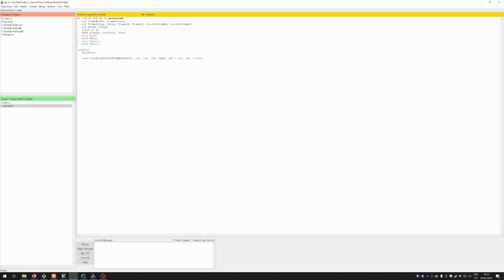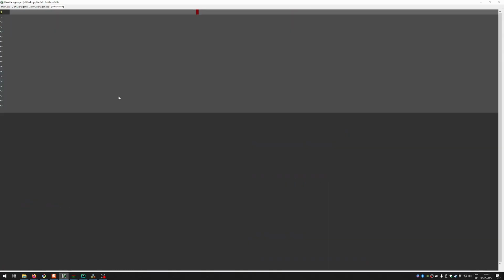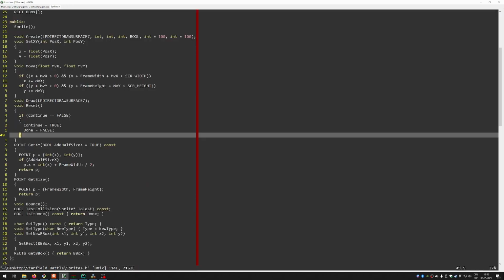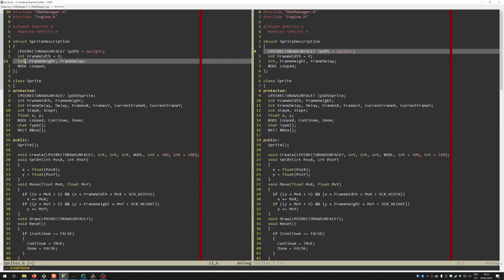And we just apply clang-tidy partially. Initialize members. Okay, and so now we want to deal with this one. This is in sprites.h. And here we also have this sprite description, which is the shot data that's referenced in the other ones. So here, if we do null pointer, and I'm also going to convert them to not declare multiple